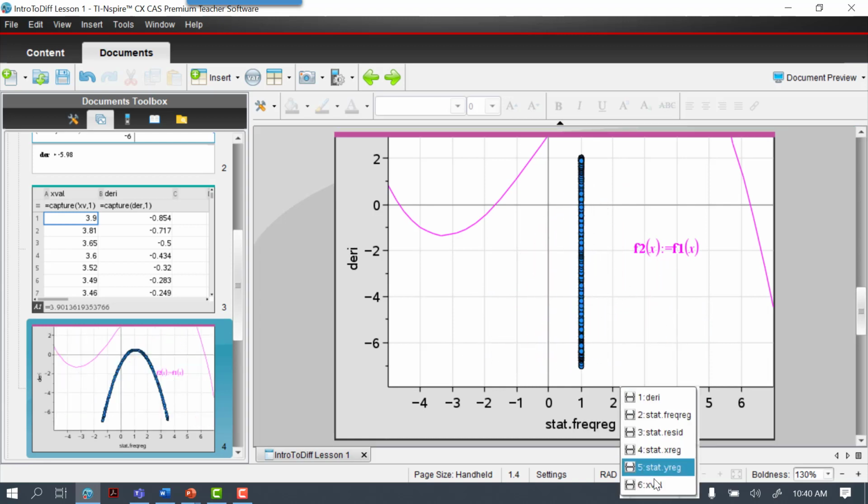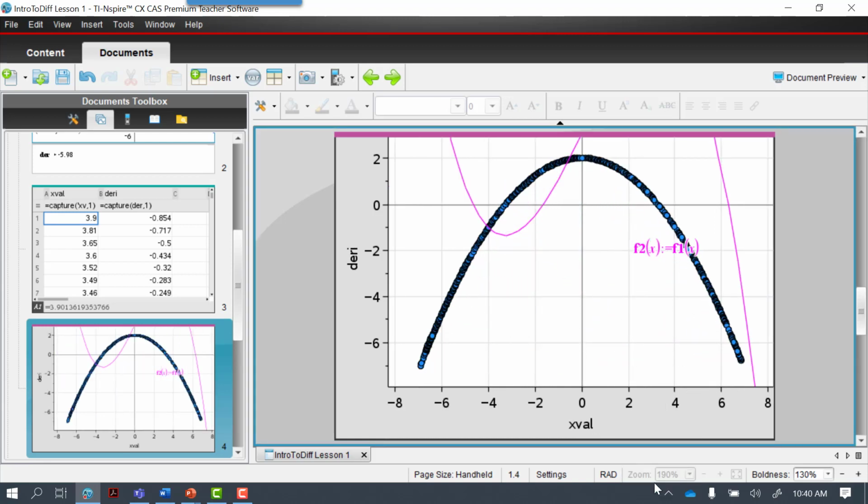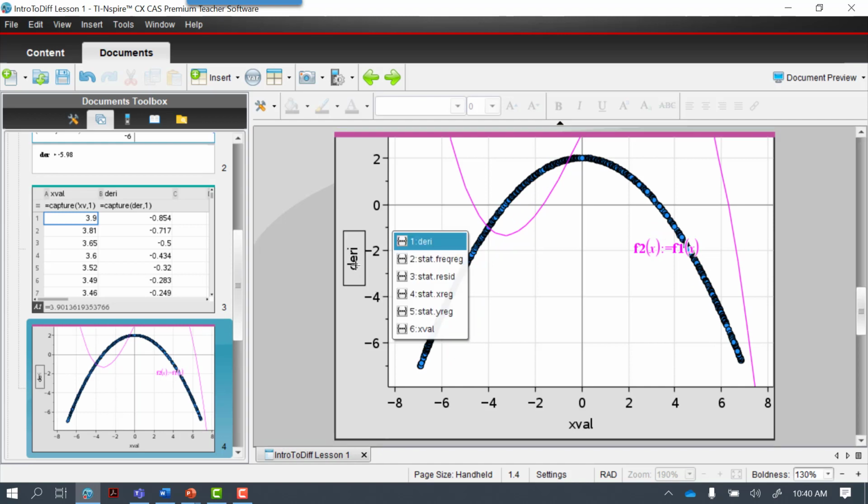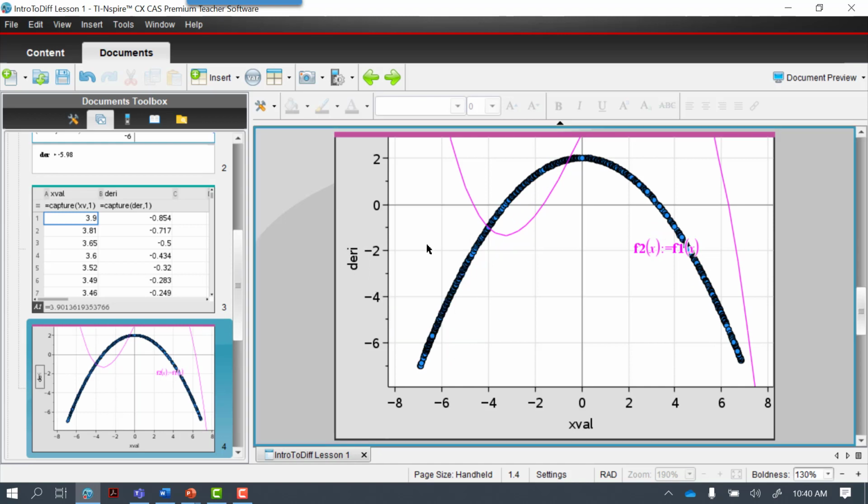So I'll just display that again. So that's my x value. So you will see there, and there I can go and put my derivative there. Of course, I can go and change the scale, but my original function there was a cubic. That's the pink one, and now the derivative for a cubic is a quadratic. Likewise, if I have a quadratic as my original function, the derivative would be a linear equation. Okay, so we are going to focus on how we get this curve. This is called the derivative curve, and that was the original function.